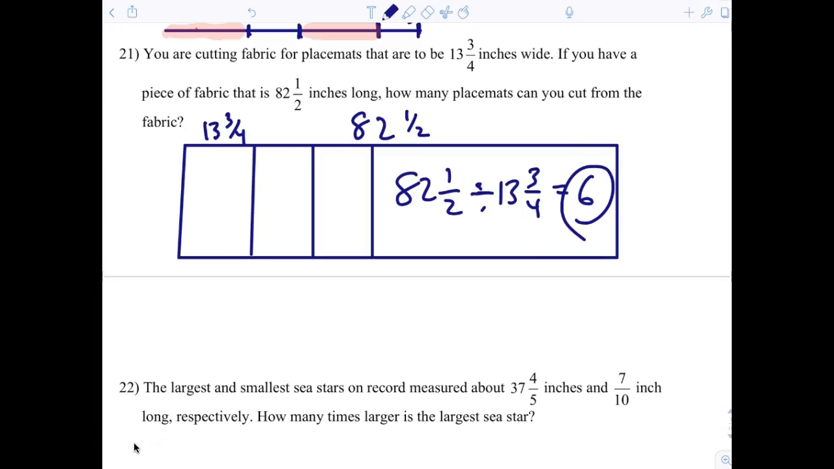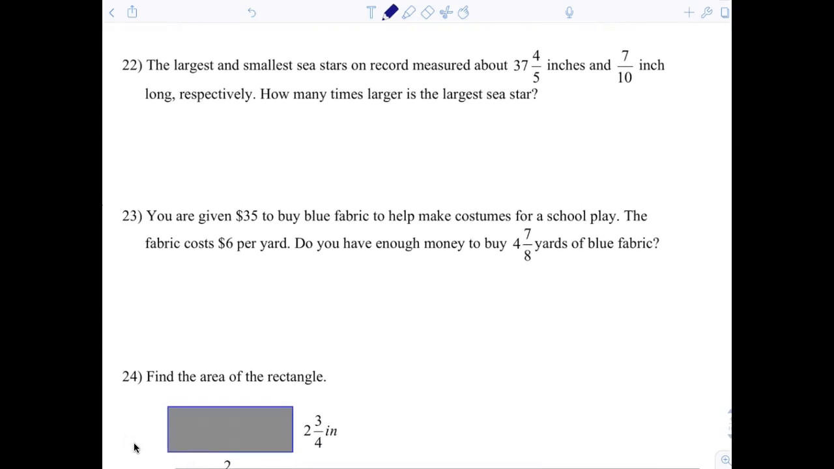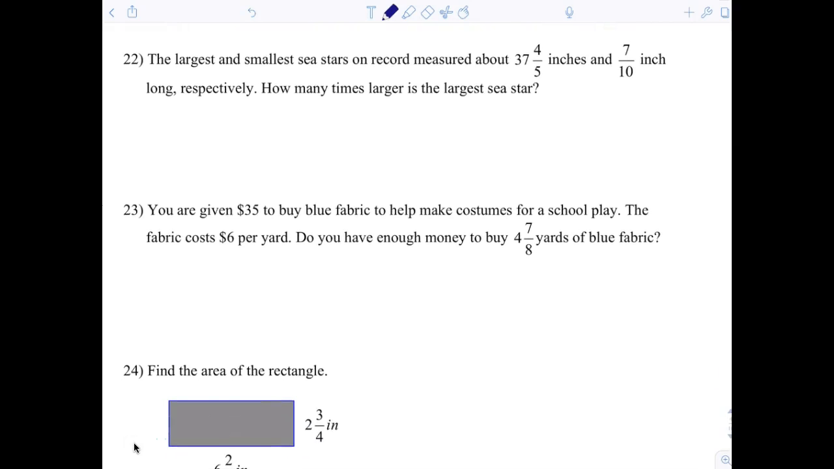What? You read the next one. Let's go. Come on. The largest and smallest sea stars on the rectangle